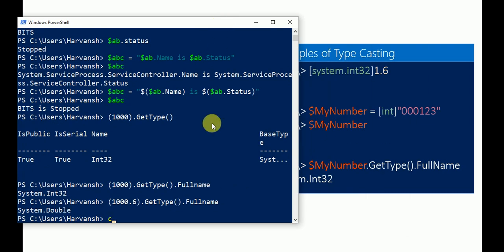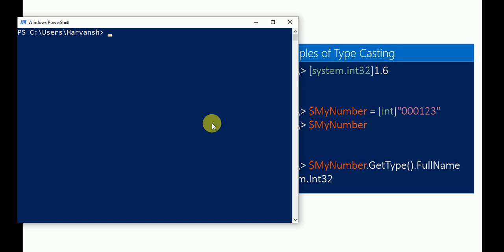Let's try this. CLS. Here, let's take an int32, and define 1.6, and enter. That will give you the int, which is the approximate number. This is not a double, and this is not a string value.